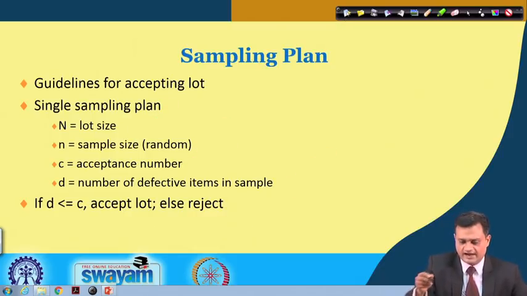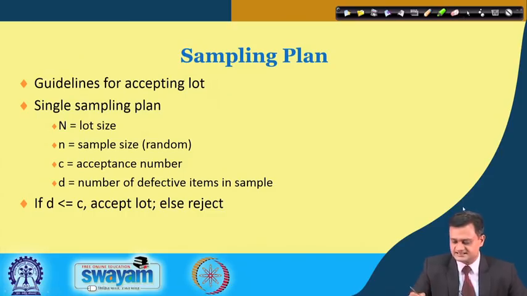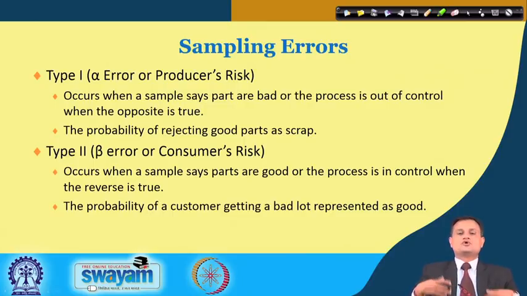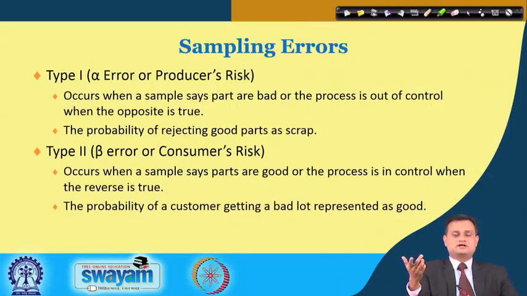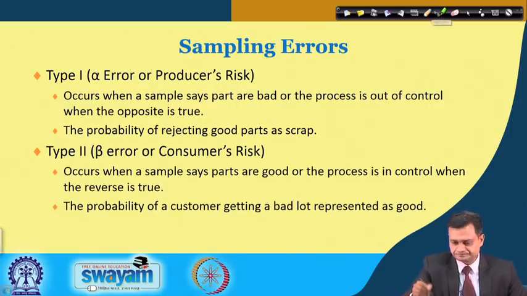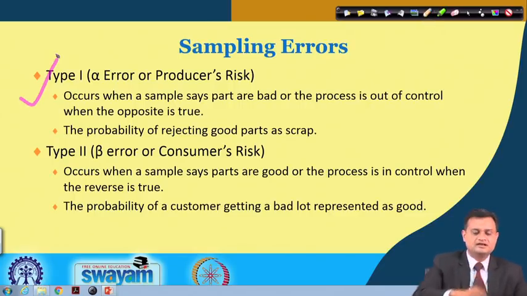So this is how I try to develop and design the sampling plan, but we need to go deeper in order to appreciate the inclusion of producer's risk and consumer's risk and design a sampling plan which has good discriminatory power, meaning separating the bad lot from the good lot, and satisfies the risk acceptance requirements of the producers as well as consumers. So just try to see, it would just be a revision.